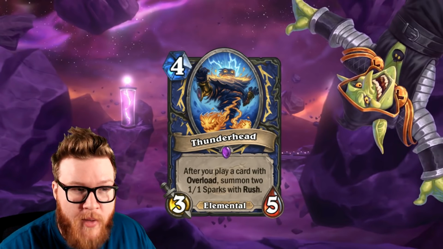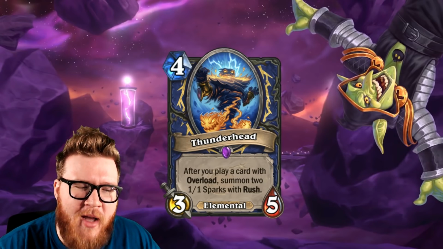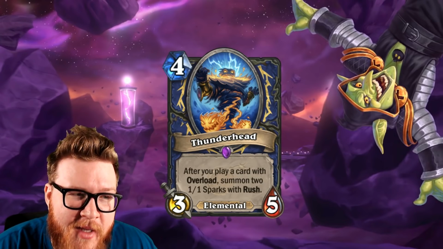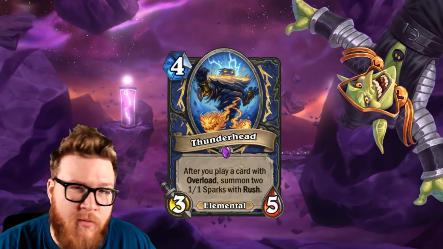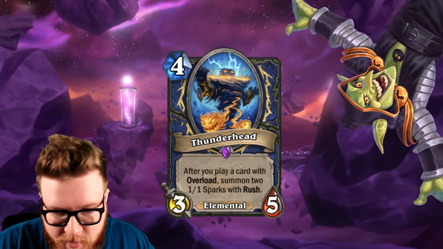And this really quickly starts to look like a Violet Teacher. If you look closely, exact same cost, same stat line, and it's a token summoning minion. The difference being, though, of course, that the minions are elementals, which is important for Shaman thanks to things like Earthen Might. And also, beyond that, they have Rush, which is nice, because you can use it both as a